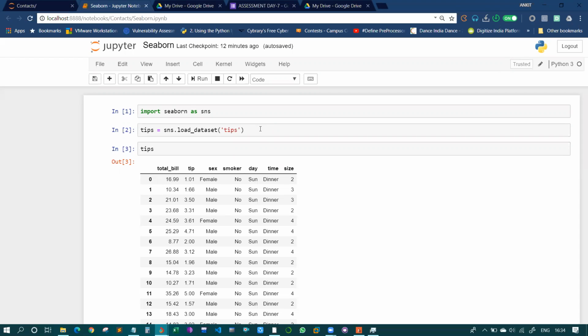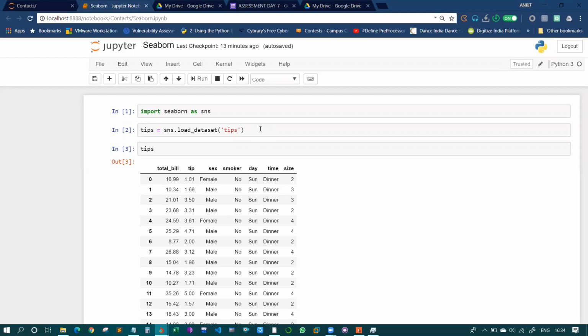So first of all, what is this dataset all about? We are generally a students group, so we visit restaurants. After college, many students just visit restaurants. After visiting, there is some amount, so whatever you eat, there will be some amount. That is displayed as the total bill. I think these are in dollars, because in India you can't have a bill of rupees 16, rupees 10, rupees 21. So this is not possible in India. This is in some foreign countries. Like a bill of $16, a bill of $10, oh my, they are quite rich.